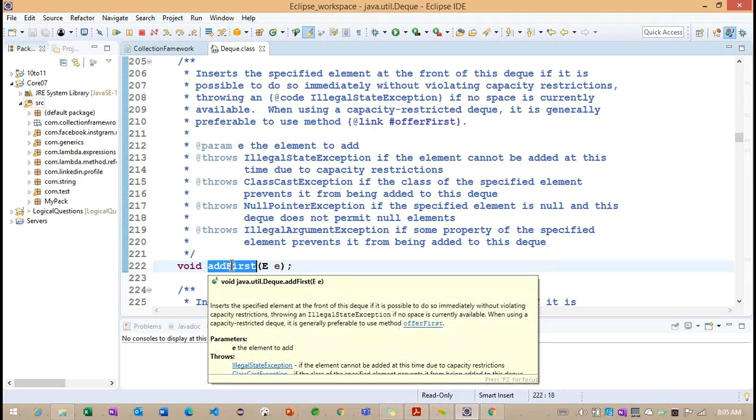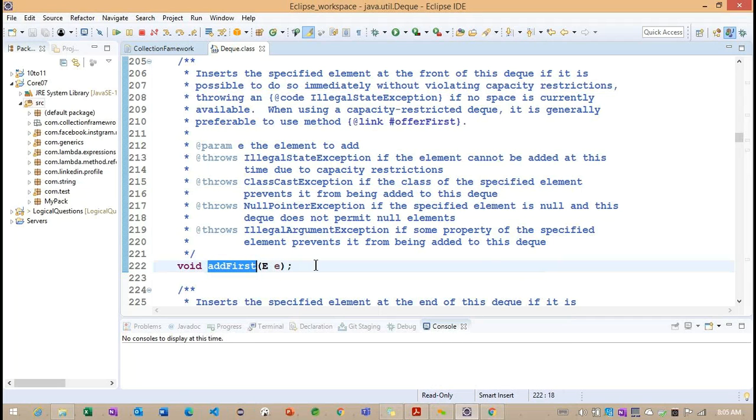So what do you understand by seeing this method? We are trying to add an element at the first of the DQ object here. Getting the point. Now what will it do? Basically, it will add an object to the head of the queue, and it will throw an exception if the queue is out of space, if the capacity is reached. So if I'm trying to add a new element here and we don't have space, we are going to get an exception here.